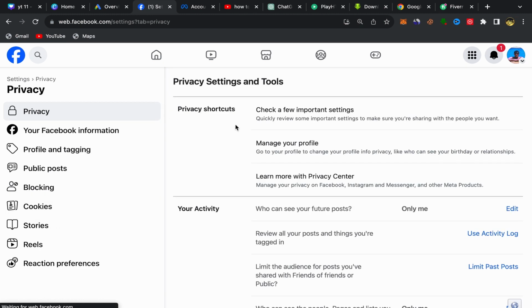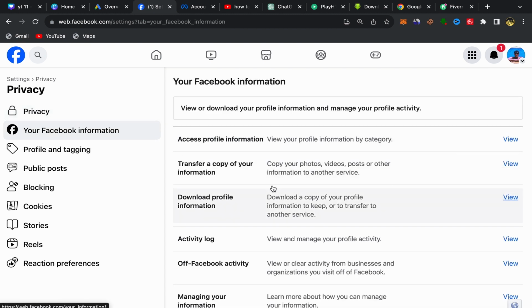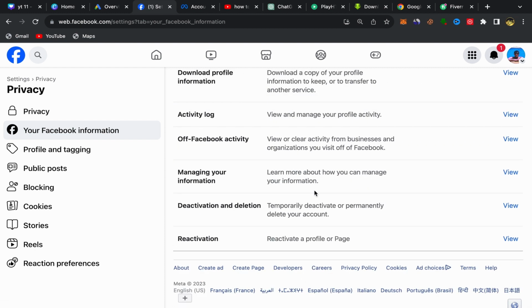And then you will be directly on this page. Click over here on Your Facebook information like this. You will be on this page. Scroll down like this. You should see over here Deactivation and deletion. Okay, click over here on View like this,